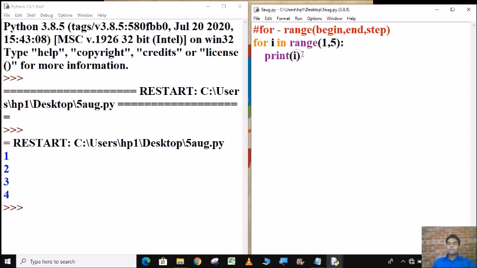Suppose we want the output to be in a straight line, so we will use the separator, which is end equals. Whatever we write in between the quotes, suppose a space, the output will be given as 1 space 2 space 3 space 4.